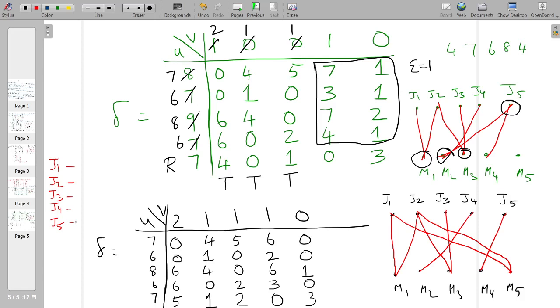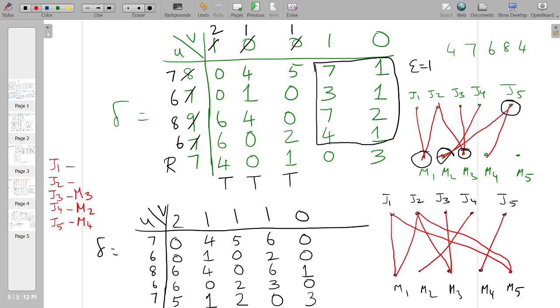Okay, now let us find an assignment. I have to necessarily assign J4 to M2 because there is only one edge incident with it. And similarly J5 has to be assigned with M4 because J5 has got one edge incident with it. Similarly J3 has got only one edge incident with it, namely M3, which is assigned here. Now I have options for J1 and J2.